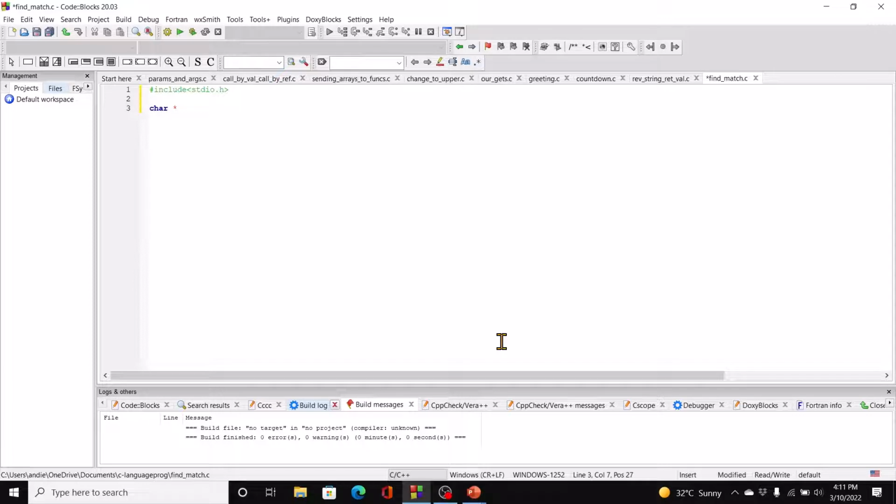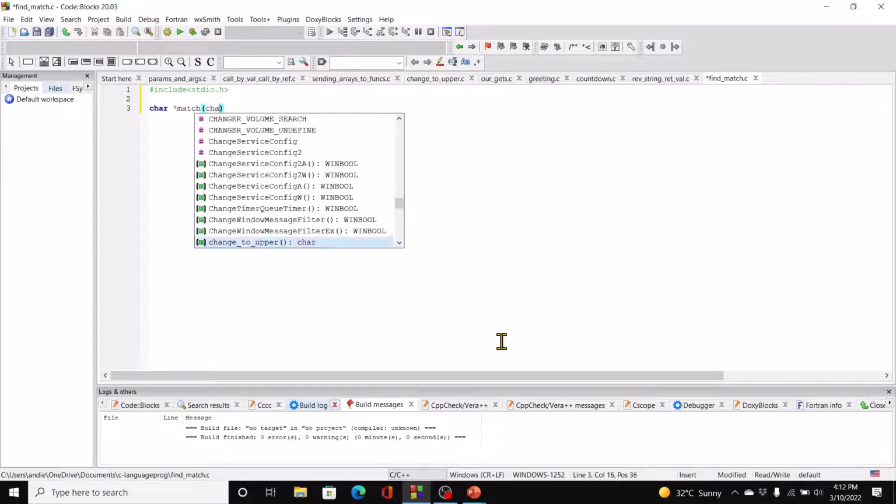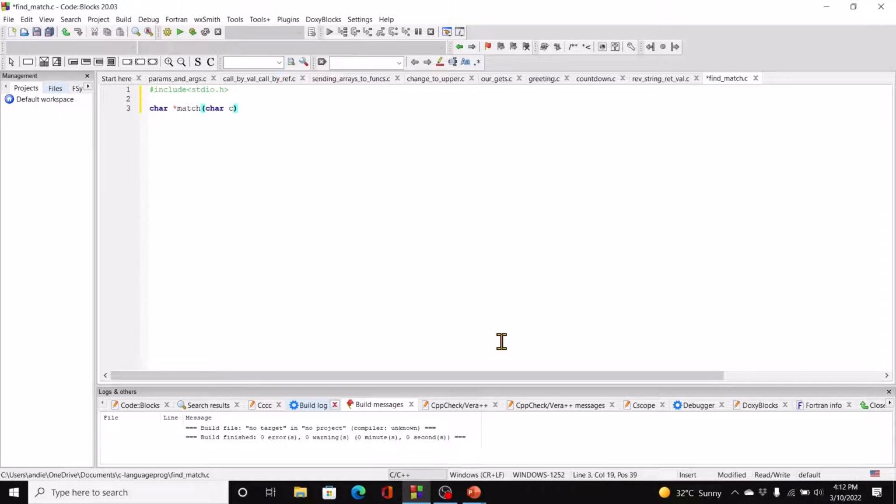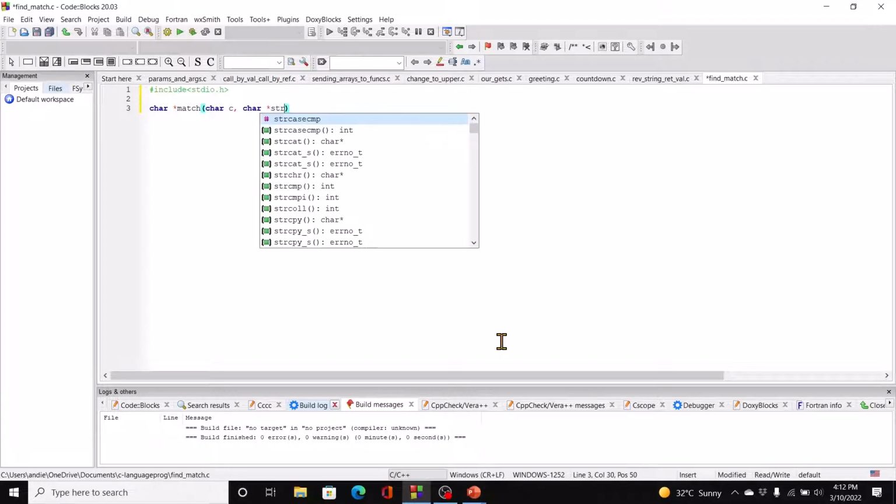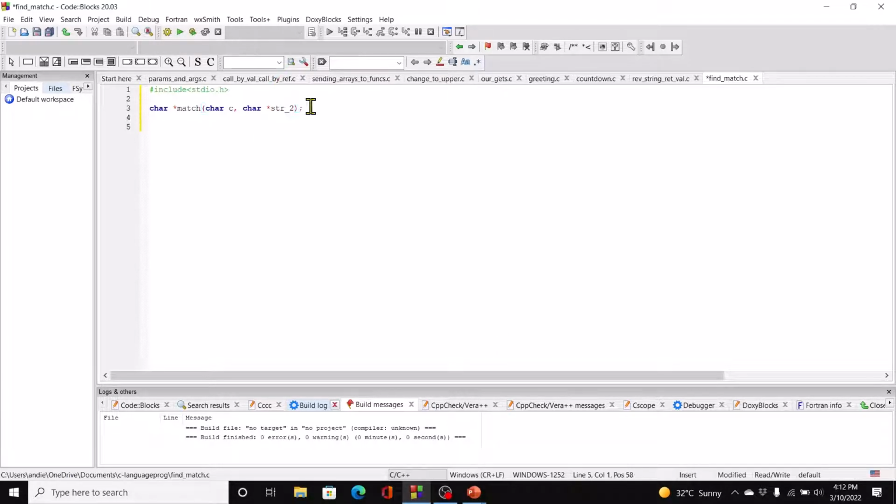So char *match, that's going to return a pointer and it's going to take as parameters char c and char *s2. Now we're going to have our main function,